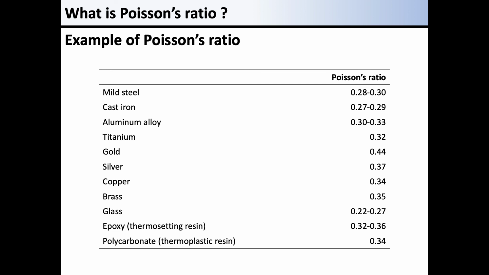Suppose the bar is extended and the volume is constant. The ratio of epsilon y to epsilon x, or Poisson's ratio, is 0.5. It may take some time to explain this in detail. So, those who are interested in this point may consider why the Poisson's ratio would be 0.5 under the condition that the volume is constant.